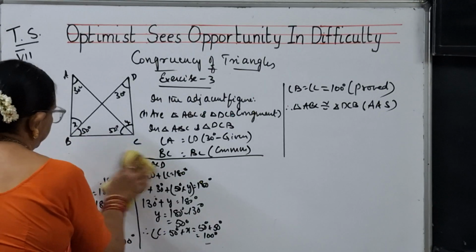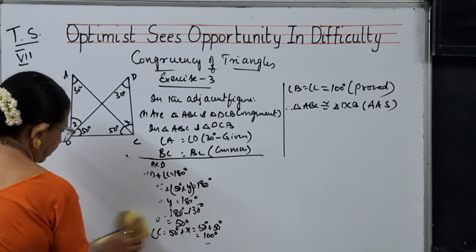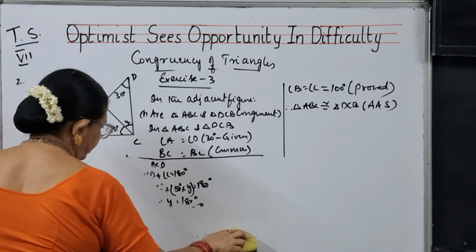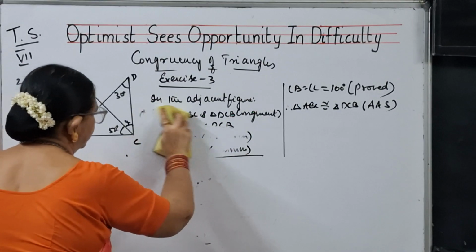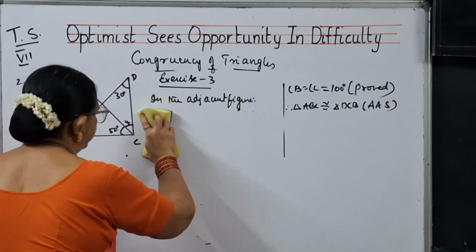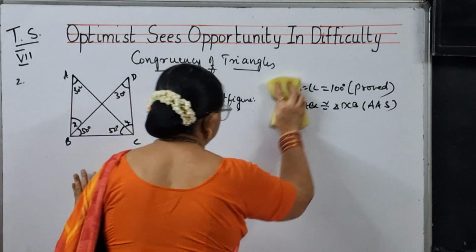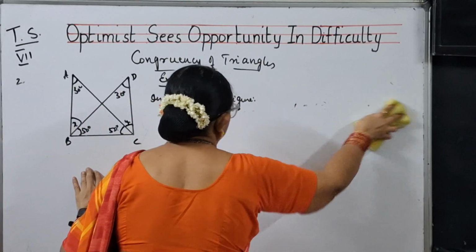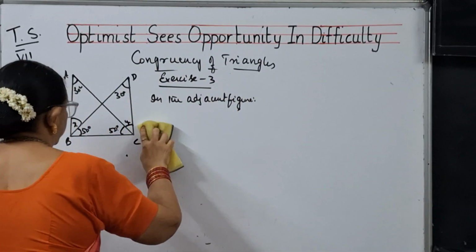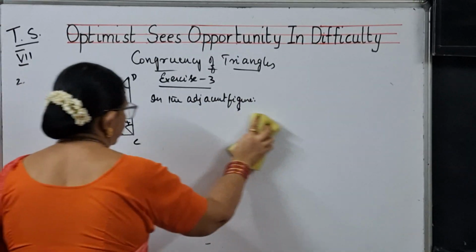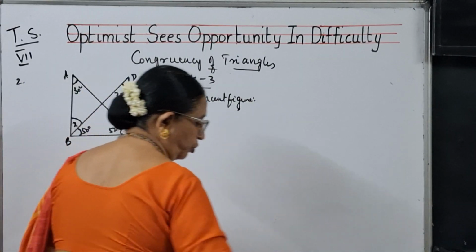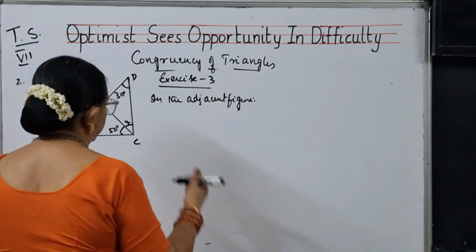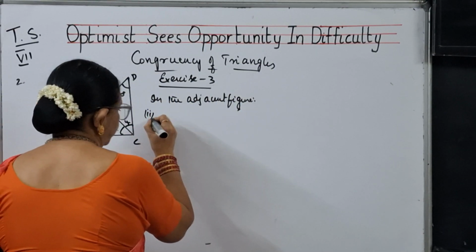So the first bit of this I have completed. Simply writing yes or no is not the thing, children. You need to prove why they are congruent. So don't just write yes or no. Prove it. Geometry means analysis. You should develop good analytical thought basing on this. Second one,